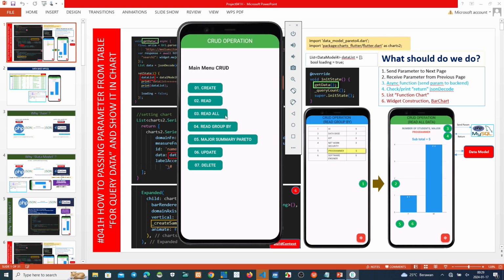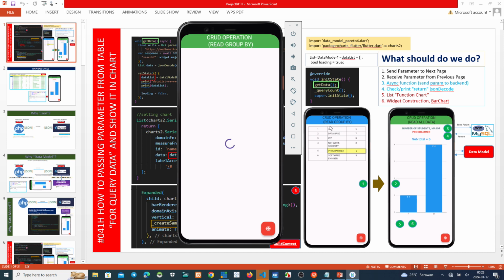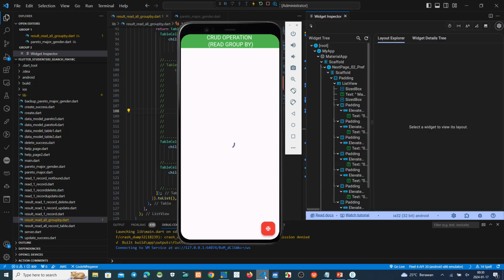This is the menu, but now we want to go to this page, parameter on the table. Why is the result taking so long? Is there something wrong?